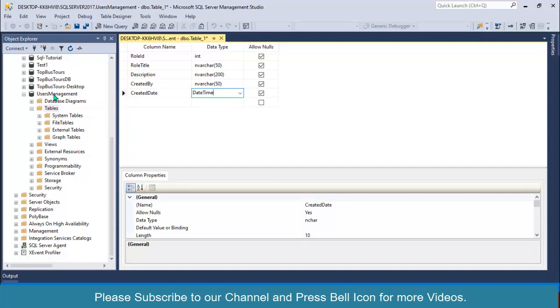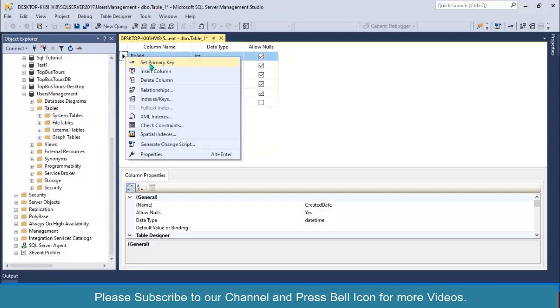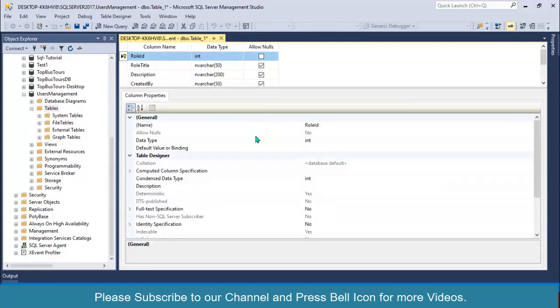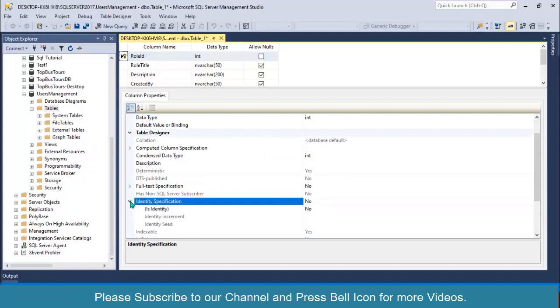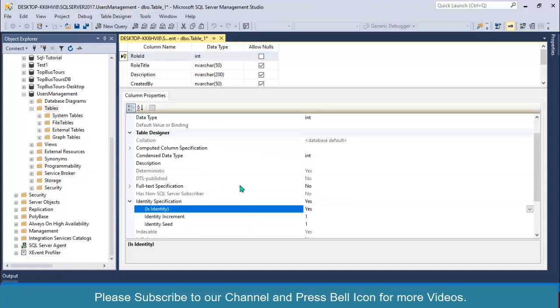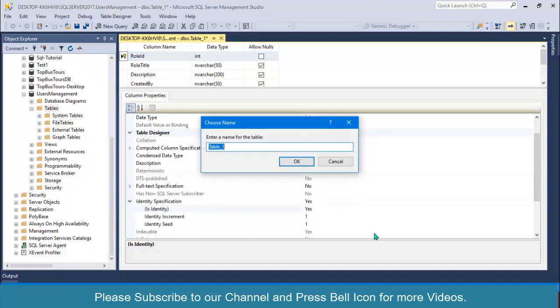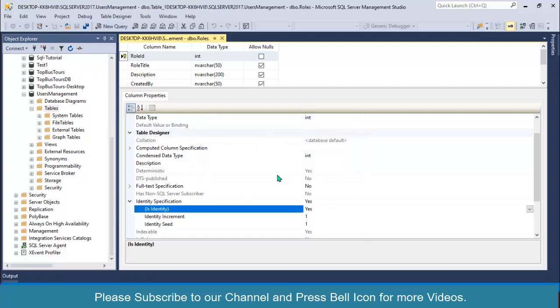So we'll be storing our roles in this roles table. So the role of a user is admin, operator, salesman, something like this. So I'll set role ID as primary key, and I'll also set identity specification equal to true. Okay, so I'll save this one as roles. Done.